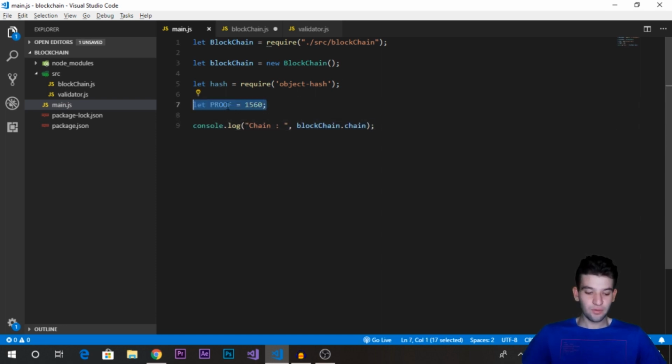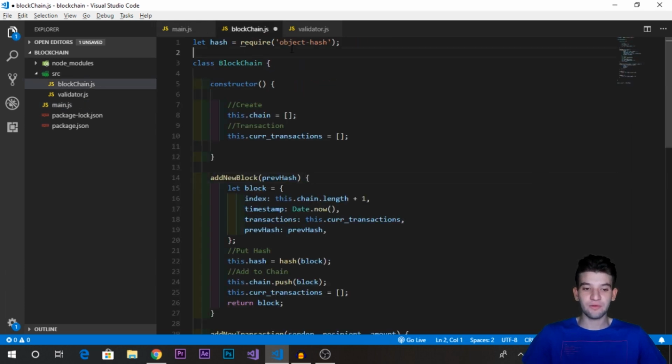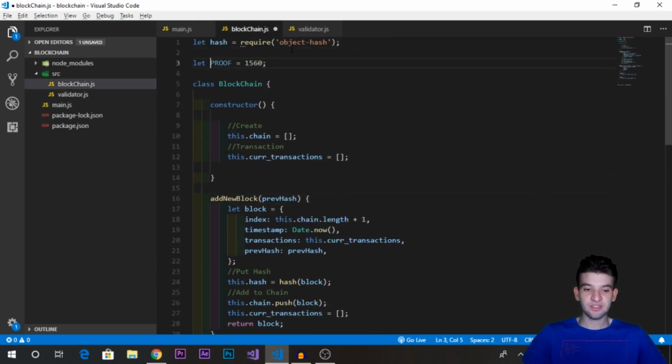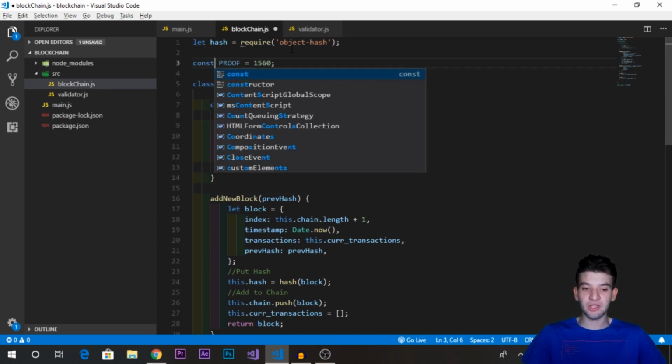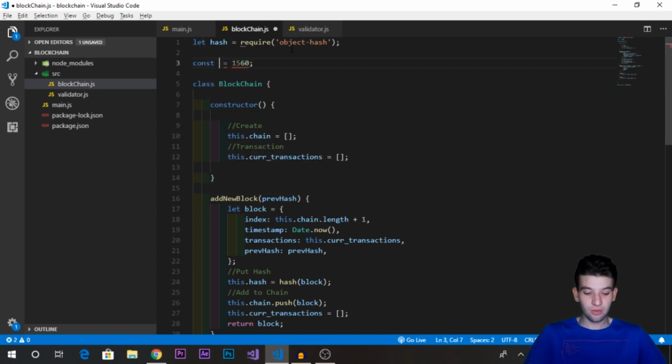And also, as you can see, the proof of work in here, I'm just going to copy it really quickly and go to the blockchain and add it right over here. So yeah, as you can see, it's a proof, but I'm going to call it const, and instead of proof, I'm going to call it the target hash, because in blockchain theory, or on a real blockchain, it's called a target hash instead of a proof. So I'm just going to call it target hash to match everything,